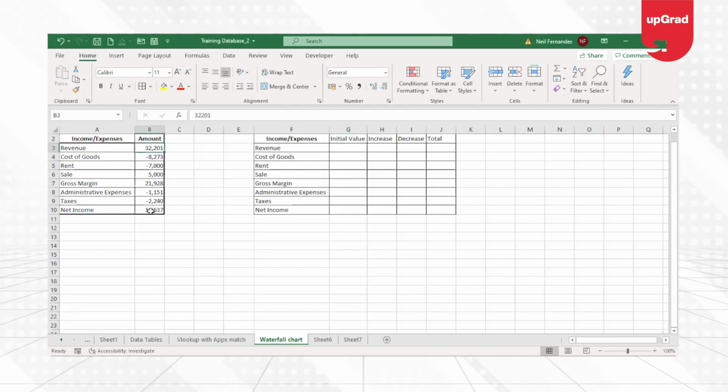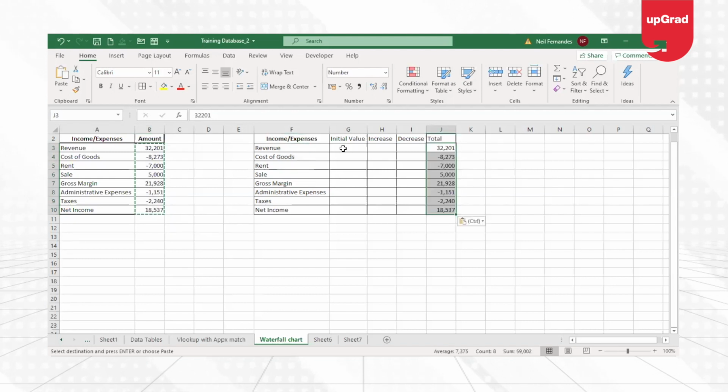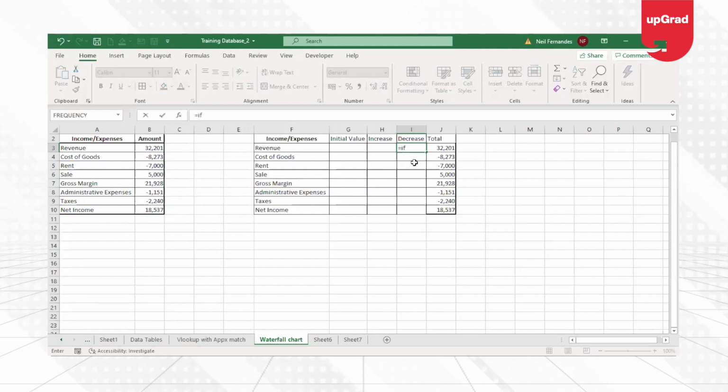First, I'll take this value and put it in the total column. Now, I need to check whether there is an increase or the decrease. So let's begin with the decrease value. So I'll use an IF function to identify if there is any decrease in the value.